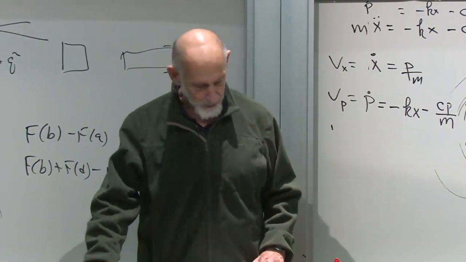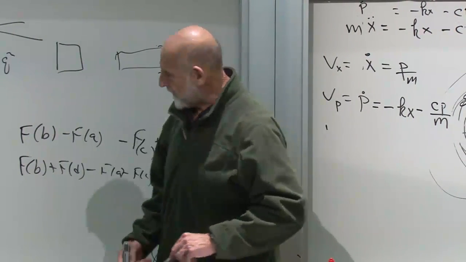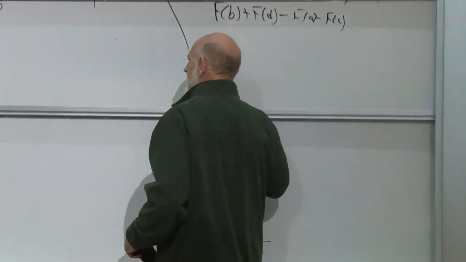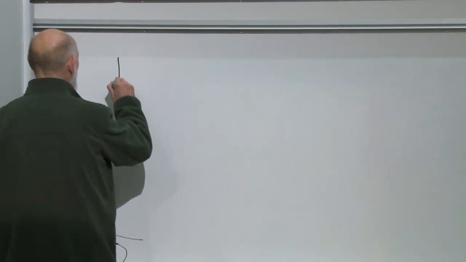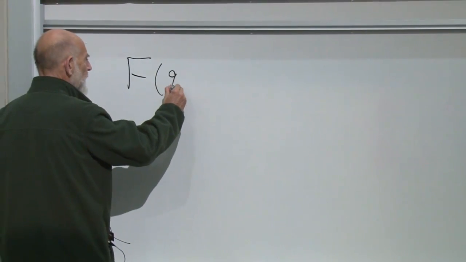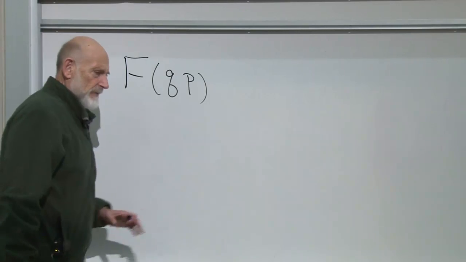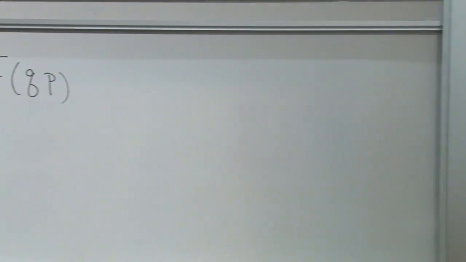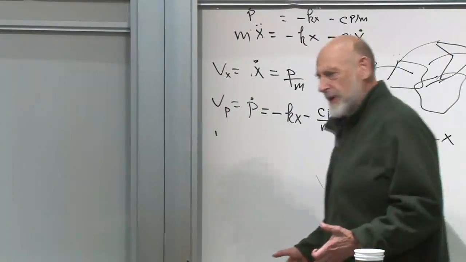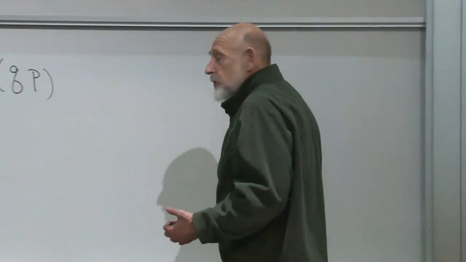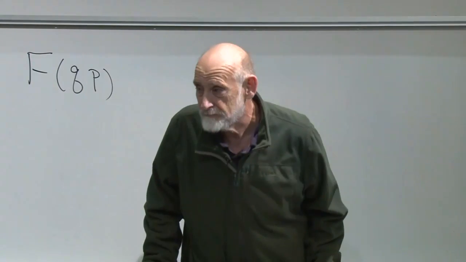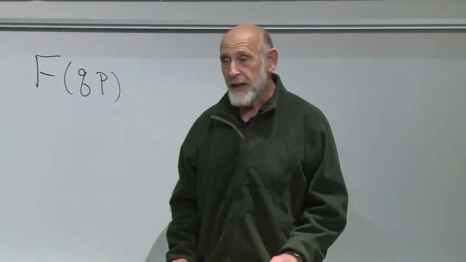All right, let's talk a little bit about Poisson brackets, just to set us up for the next time. What is a Poisson bracket? Well, it starts out by saying, supposing I have a function of P and Q, the most general thing I could be interested in having to do with the dynamics of a system is to know how a function changes with time. Now, the function could just be Q, in which case figuring out how the function changes with time is just figuring out how Q changes with time, meaning how the position changes with time.